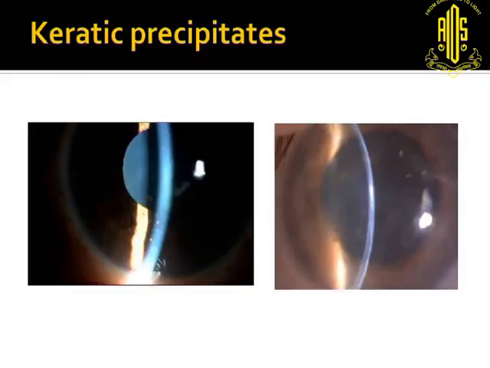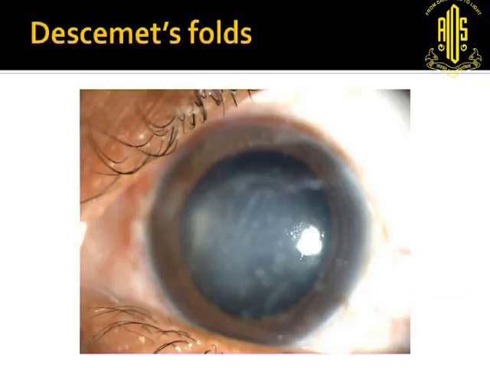The keratic precipitates range from small, medium to large, and they're often not in an Arlt's triangle distribution. They are often located just behind the zone of the corneal endothelium which is involved. You may not see actual endothelial opacities, but the KPs are often located behind involved areas of the cornea. Descemet's folds are often seen when you have the acute episodes in viral